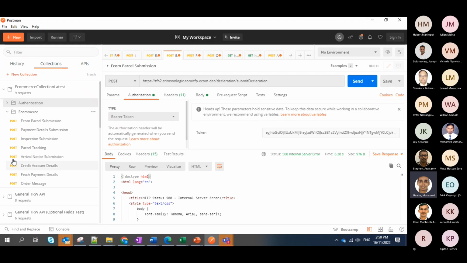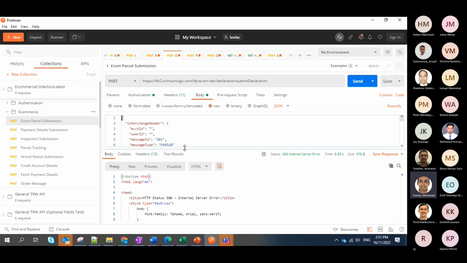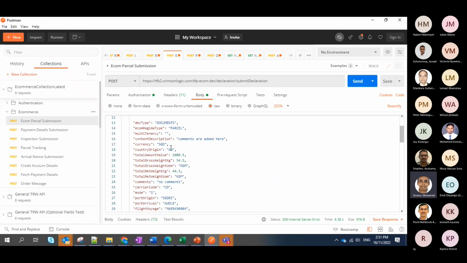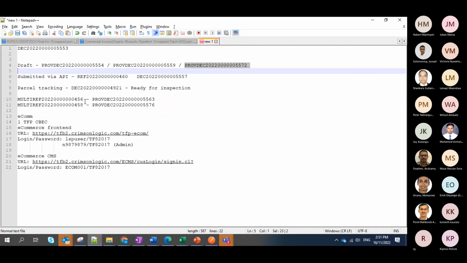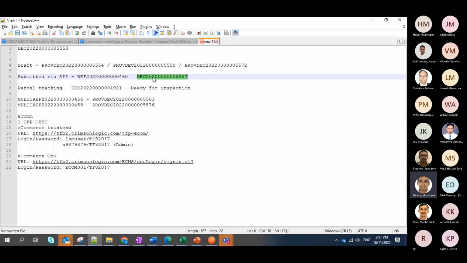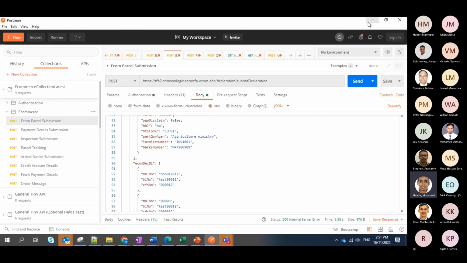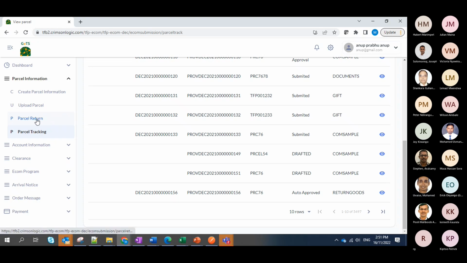But essentially what would happen is this e-commerce parcel information that I prepared earlier would then be submitted to the application, and this would create an entry in the system. I have actually created something just before the presentation. So let me just navigate through to that to show you.